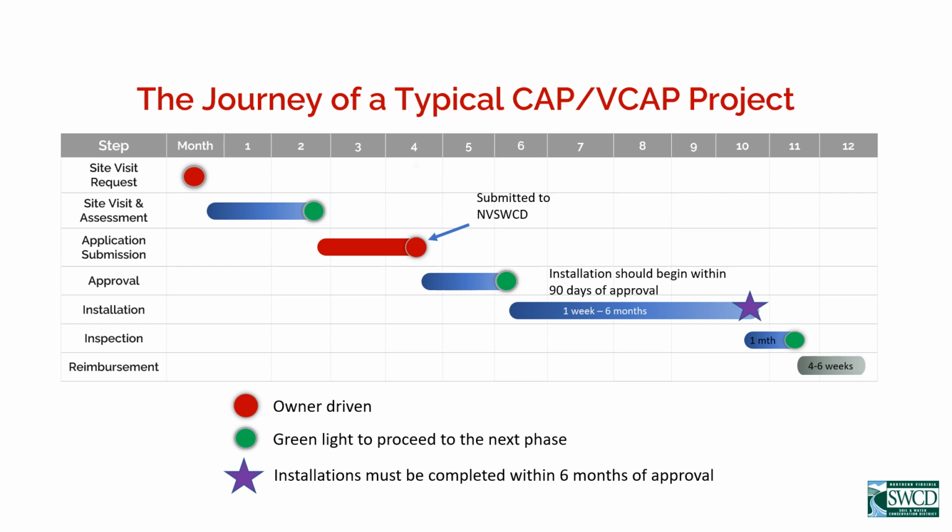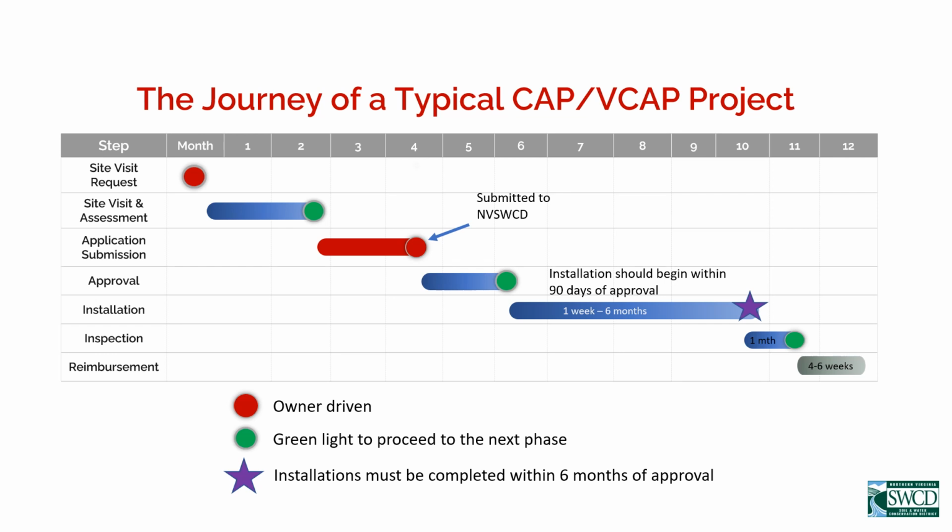So the approval timeline takes about a month or two from the time we actually receive a completed application. Things that can extend that are if the application is incomplete and it takes back and forth to get the information that we need before we submit it. Also, on our end, there are a couple months of the year that our committees don't meet. Generally, they meet every month except for August and December. That does vary sometimes, but you can expect that in those 2 months there might be an extra time lag on the approval. But once the approval is made, we send out an email to the owner,